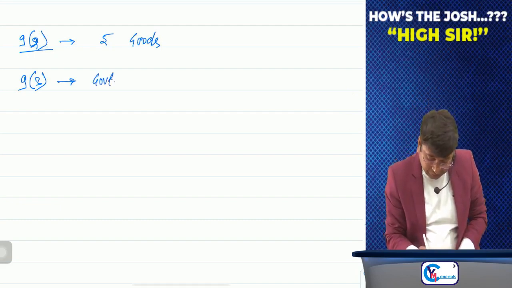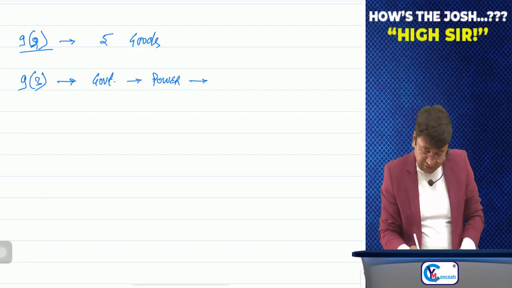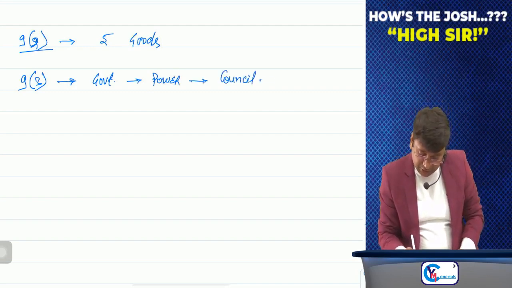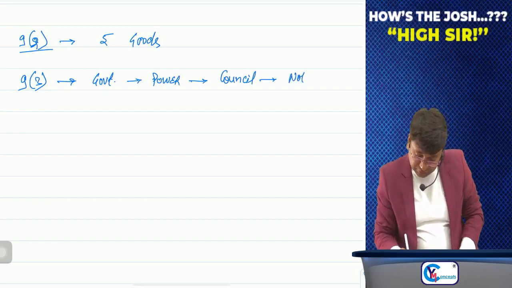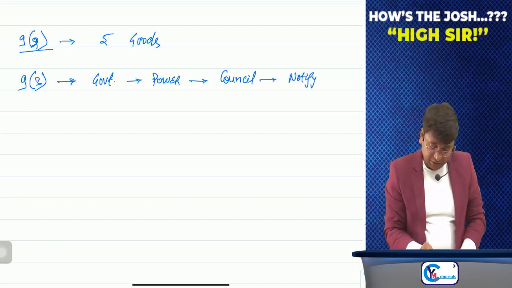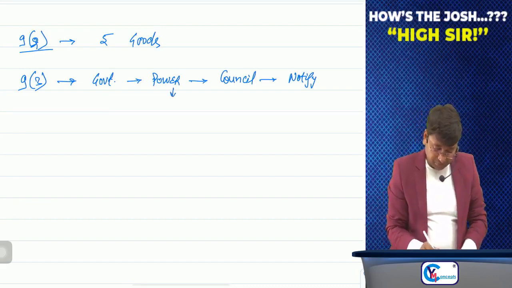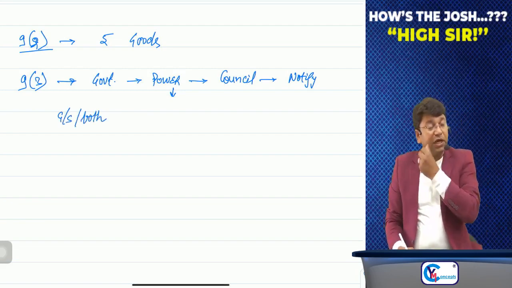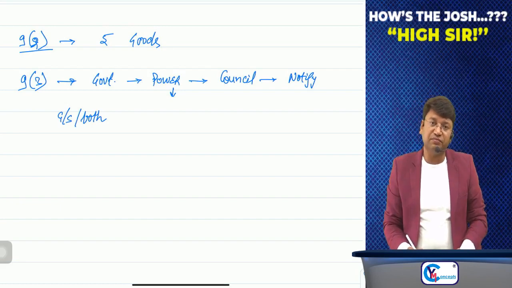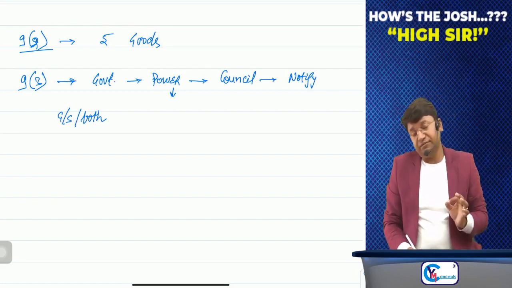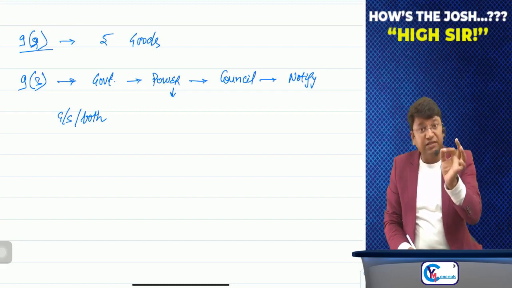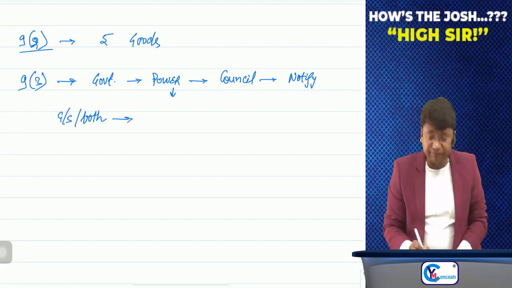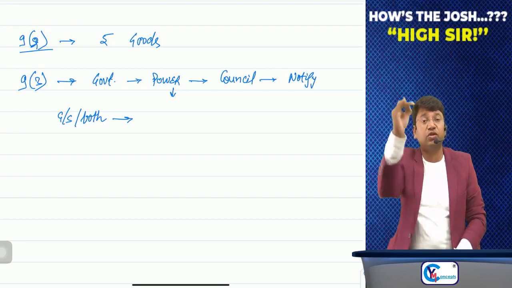Government has the power that on the recommendation of the GST Council, they can notify certain goods or service or both, and by notifying these goods or service or both, government can say that on these notified goods or service or both,